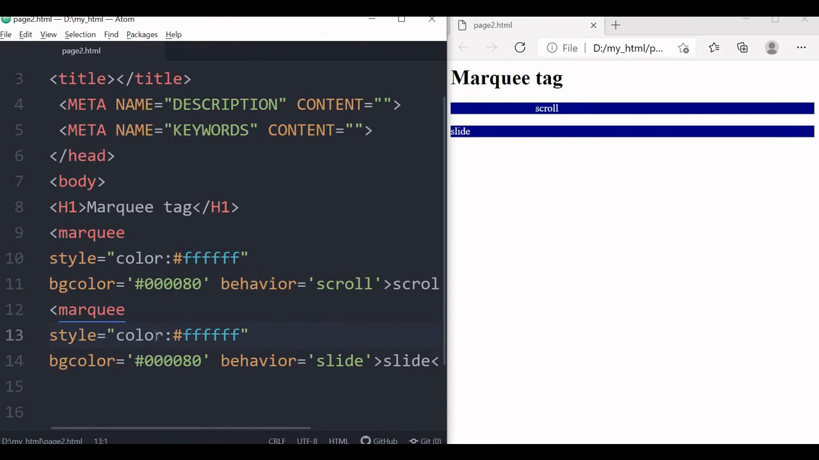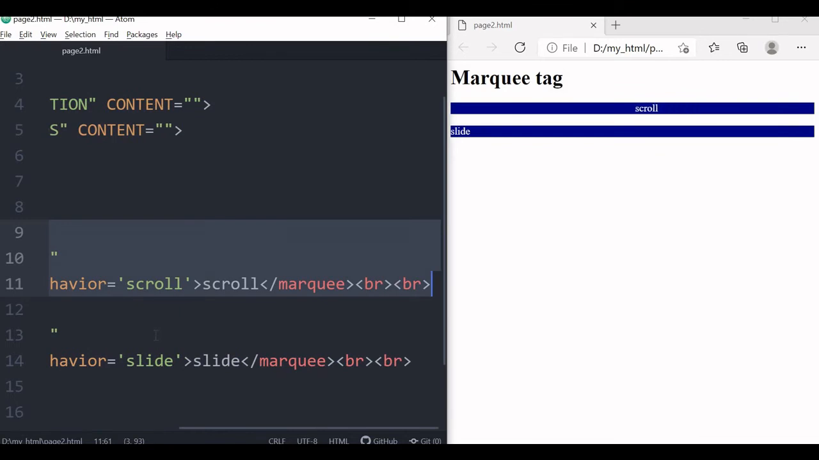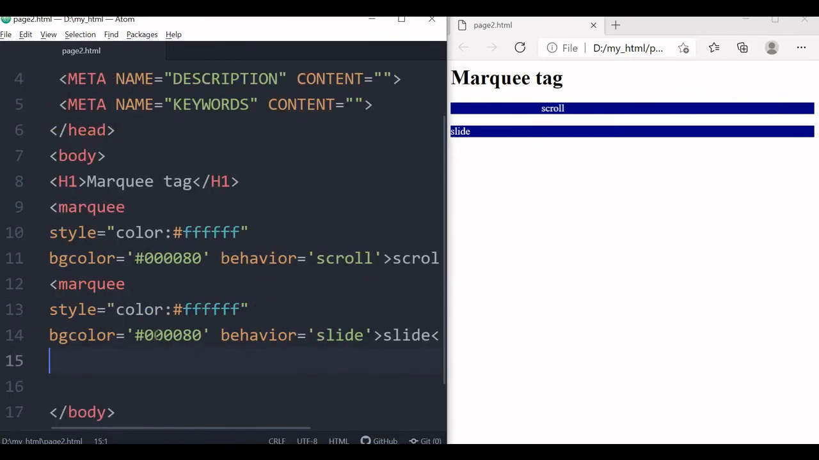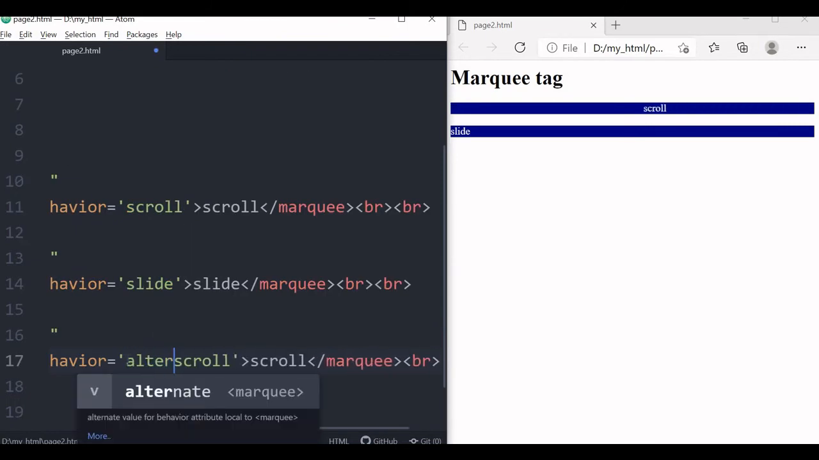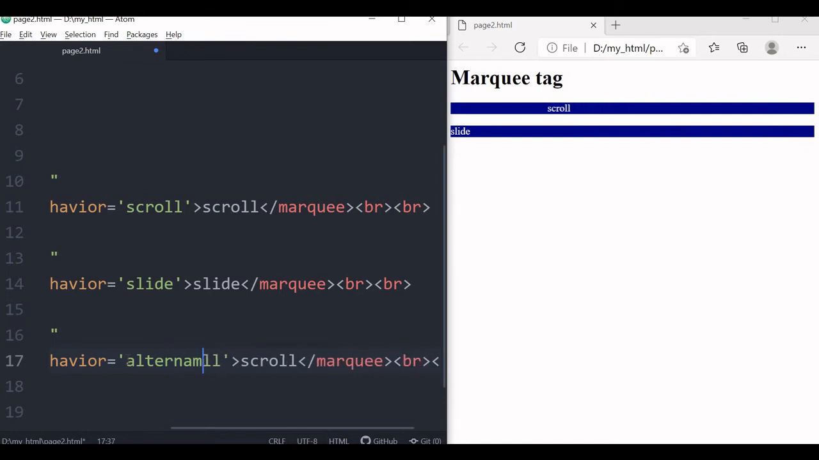Let me just copy the one here. The first one I will copy, so the line breaks are also copied, and at the end I will paste it here. There is another behavior, we will say alternate. This is the text I am writing for our understanding. So let's refresh this and see